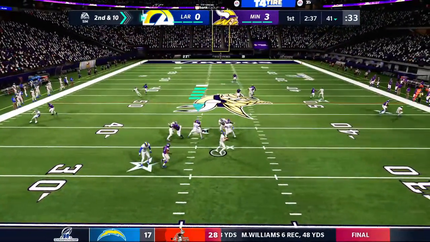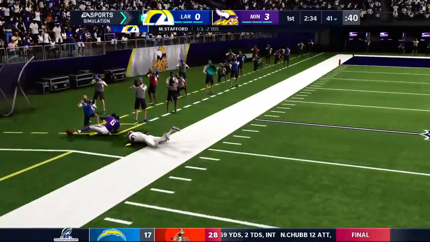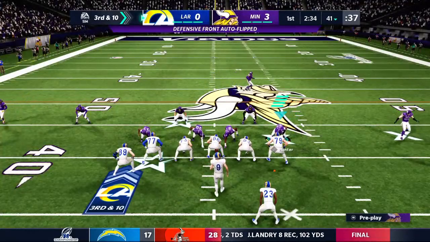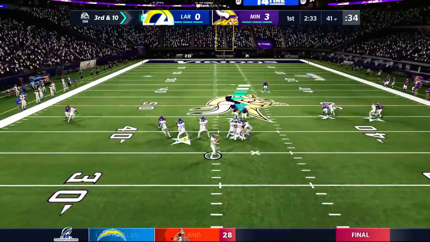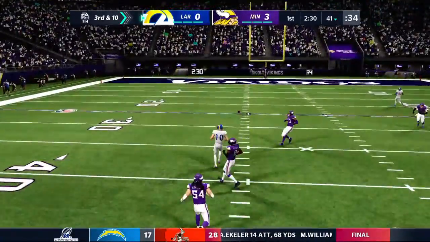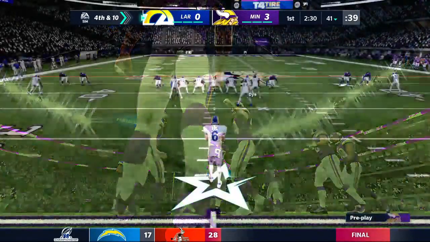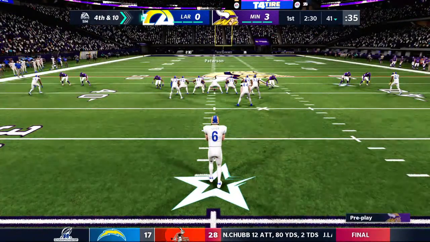Throwing again, Stafford. And that is incomplete. A lot of force bearing down on him there. He could not hang on. It's 3rd down. He was covered by Dante Jackson. On 3rd down, Stafford. And that is incomplete. A lot of times it's that first read that you have. Maybe you get it in pre-snap and he locked in on his target, but he was covered quite well, and